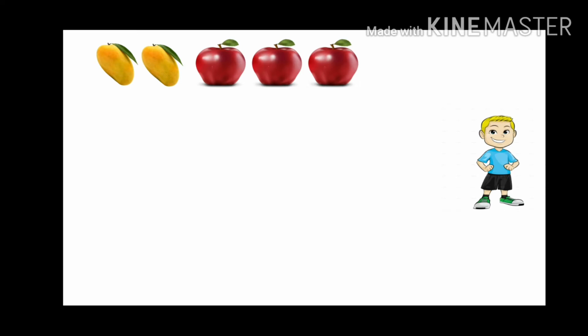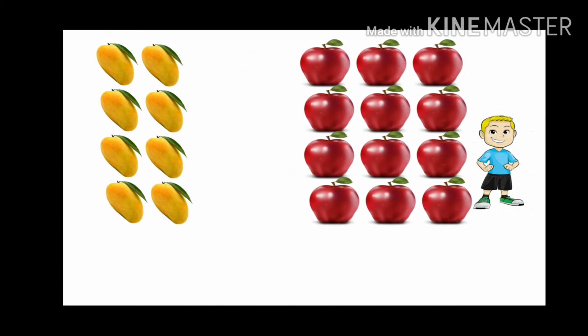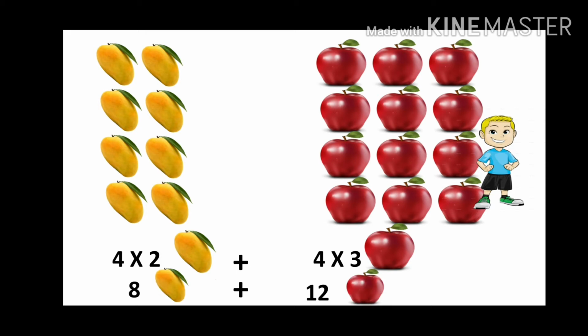Now Johnny just took out all the fruits from that baskets. As 4 baskets were there, he got 4 sets of fruits. So he just separated them, the mangoes and the apples. He got 4 sets of 2 mangoes and 4 sets of 3 apples. He just added them. So 4 groups of 2, that means 8 mangoes, and 4 groups of 3, that is 12 apples. 8 mangoes and 12 apples becomes 20. So both of them got 20 but in different ways.